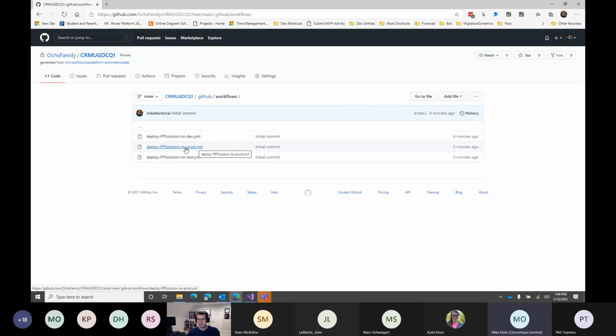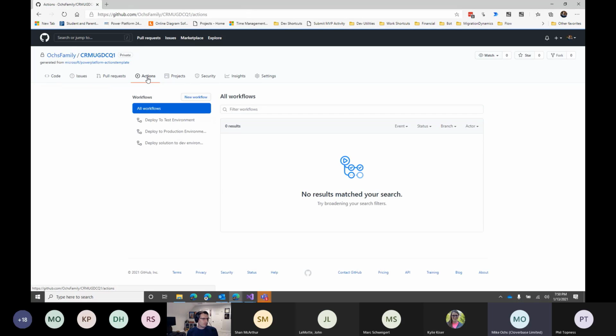Mark's going to talk about this again a little bit more, but this is sort of the COE's process of doing ALM. Obviously, other people are going to want dev, QA, stage, and prod. This is just our reference application for how we do ALM. So again, it could be extended or modified for your organization.